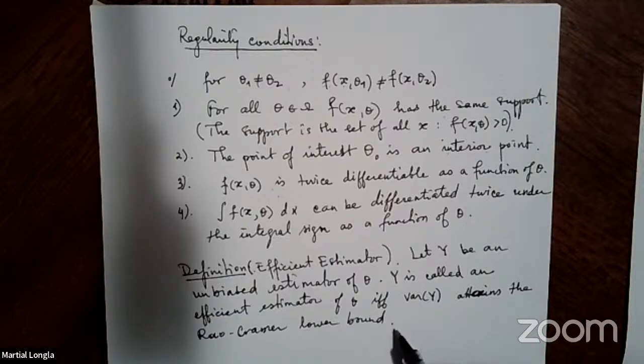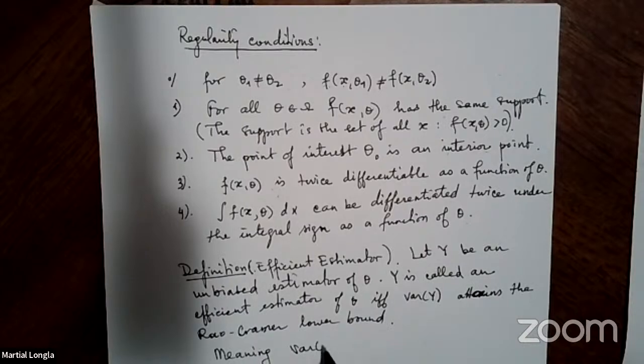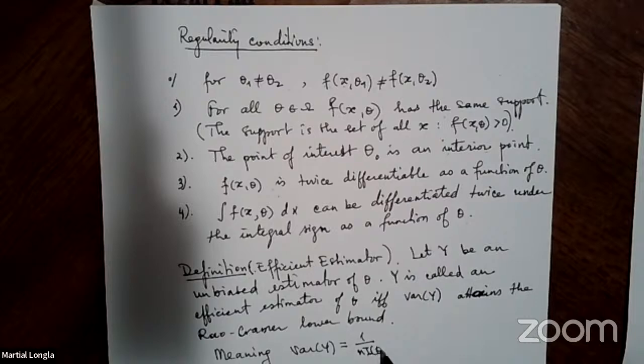Which means what? The variance of Y is equal to 1 over